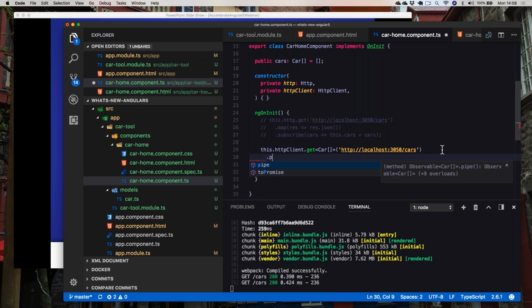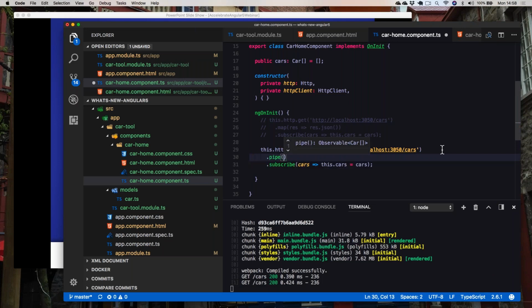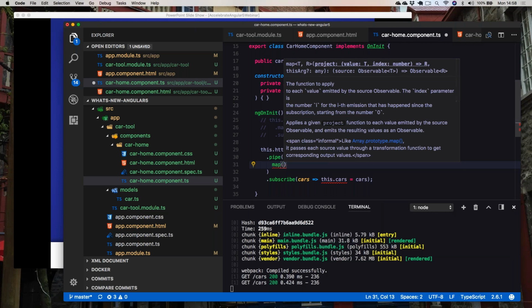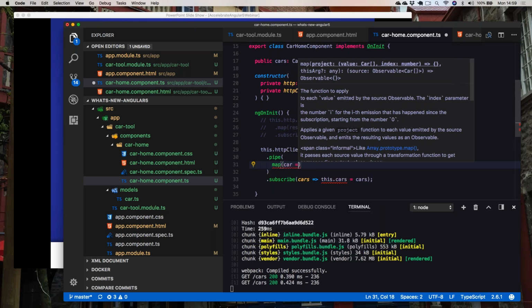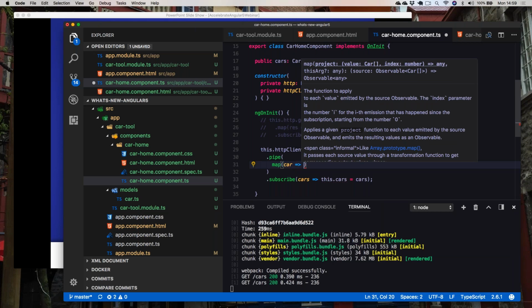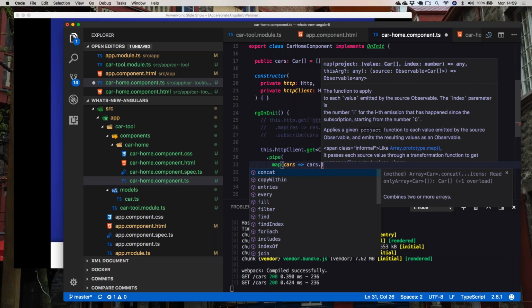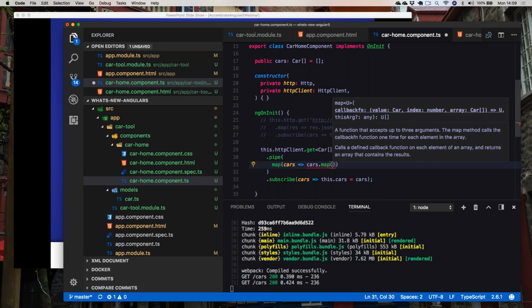I'm going to come into here, I'm going to say .pipe, and then I'm going to say map. We're going to call that map function. Now with map, we're going to be passing in an arrow function here, and we're going to be getting our array of cars. And what we're going to do is say cars.map, and this is the actual array map. And we'll say car arrow,